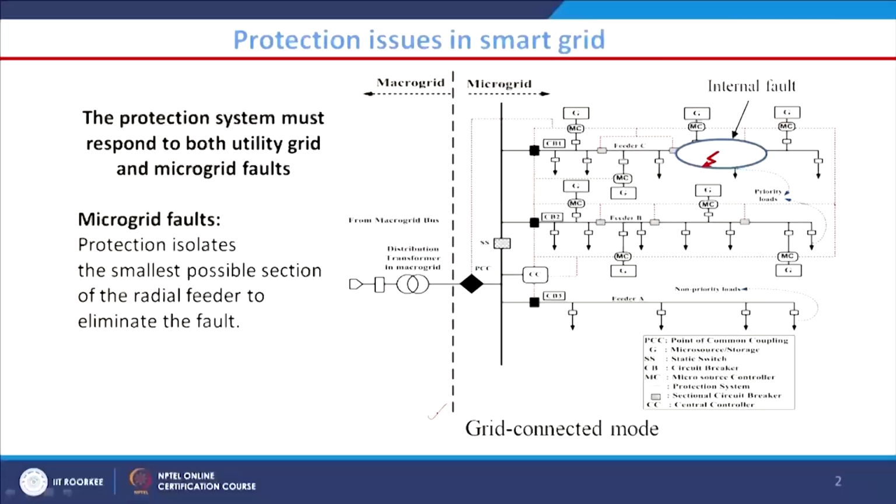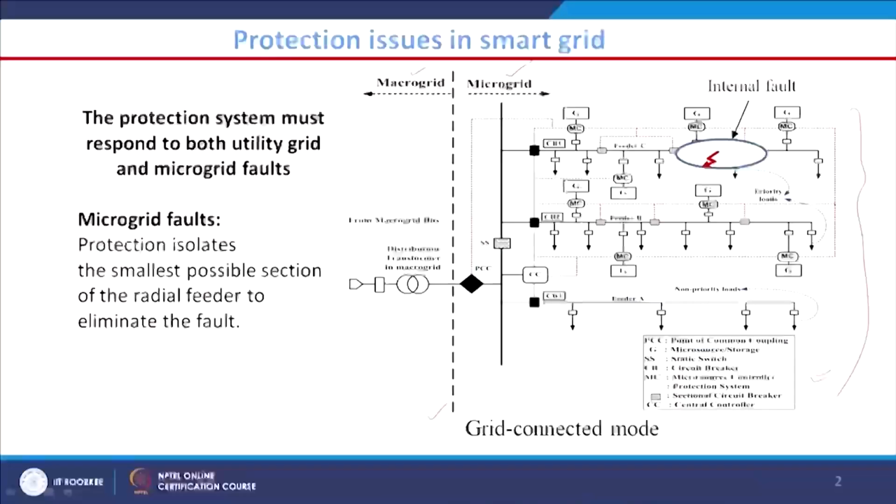Now, coming to this figure, you can see this portion is our microgrid, and this portion is our macrogrid. Macro means our grid side, the grid system, and this is our microgrid, which means we have renewables, batteries and loads. If any fault occurs, let us say on the microgrid side, then the protection devices are going to take care of this fault, so that it should not propagate to the healthy sections